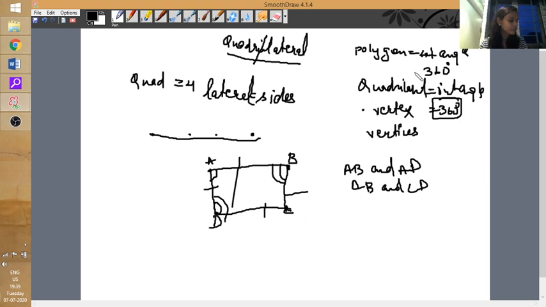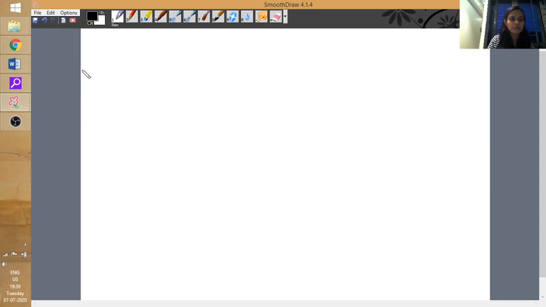From this introduction part, I want you all to start with exercise 15. The very first question is only filling the blanks. Fill-ups you have to do. No need to write in the notebook. Please listen to my instruction very carefully. Don't write the fill-ups in the notebook. Take a pencil and fill up the blanks in the textbook itself.